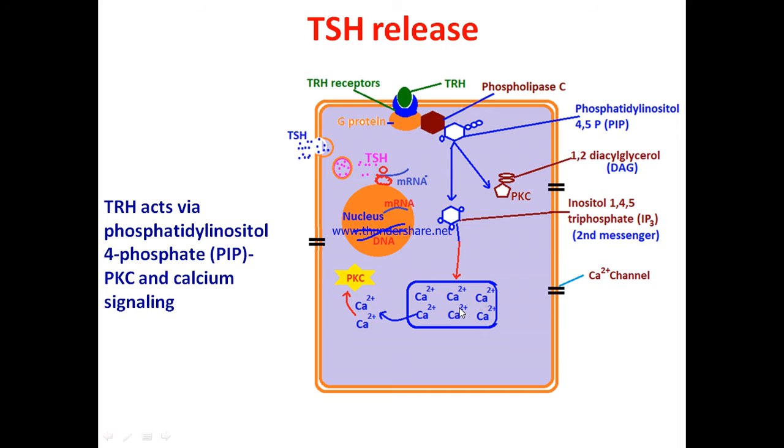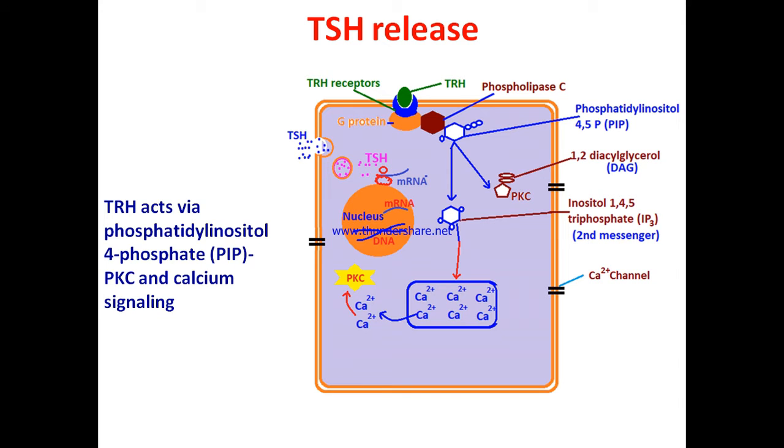This causes the release of Ca2 plus ions from their storehouses in the cell like endoplasmic reticulum, microsomal particles, etc. And this will activate protein kinase C, which in turn will result in the transcription of the DNA, the gene